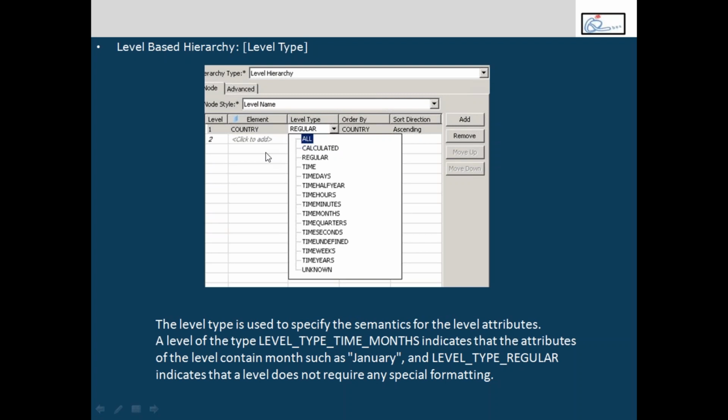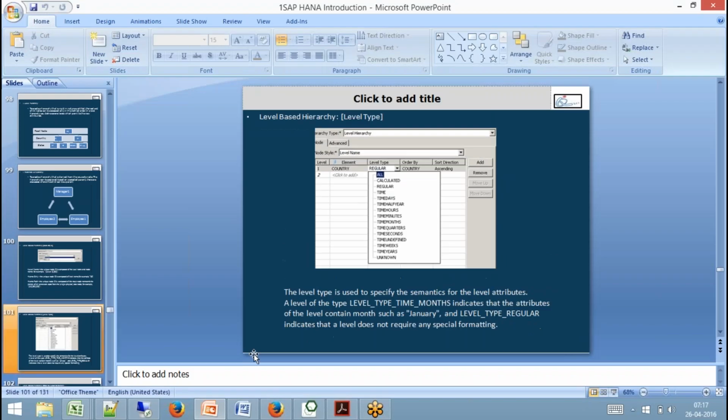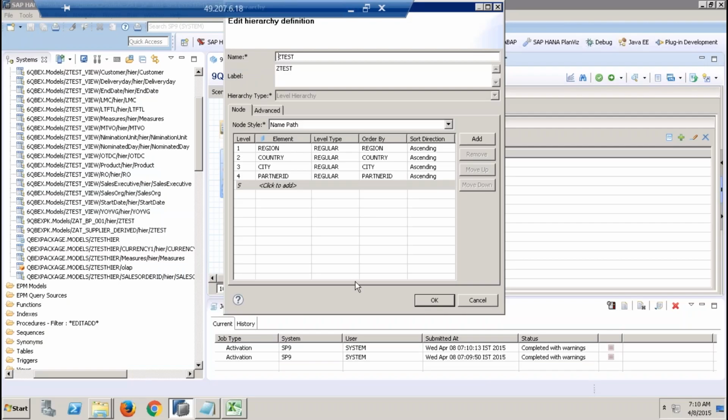I cannot, because in BW you have time characteristics or you have normal characteristics, but here it is only attribute or measure. But for some of the attributes, you would like to explicitly define more semantics and say this is more relevant to time or this is more relevant to units or what it is. Then I can use something called level type where you define the semantics of it. Say for year, month does not make any sense, but